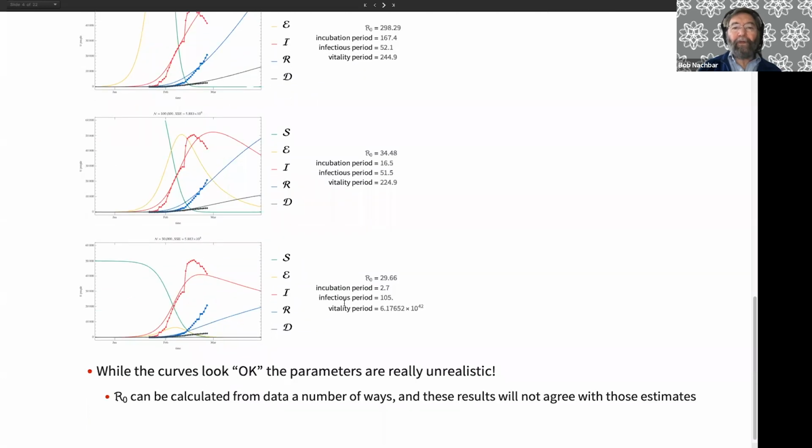They're really unrealistic. And if you look at the parameter values that come out from this curve fitting exercise, they're really not appropriate from an epidemiological point of view. The R naughts are way too high. They shouldn't really be above 10. The infectious period is lasting way too long, 4 months, 2 months, and people just not dying at all, in this case here, are just completely unrealistic.